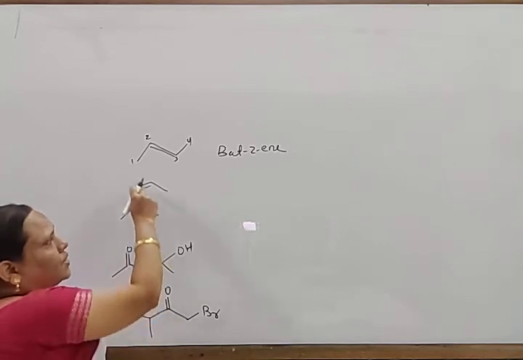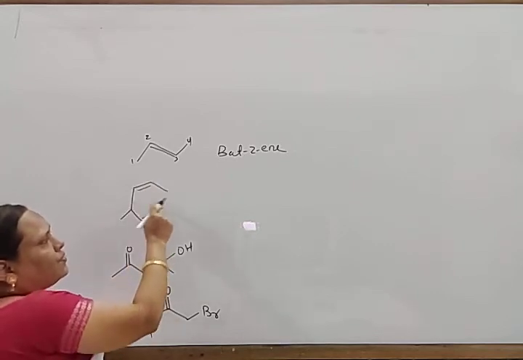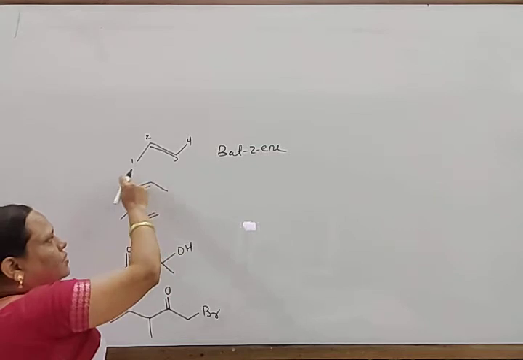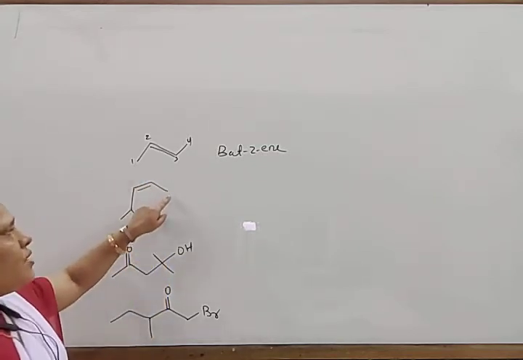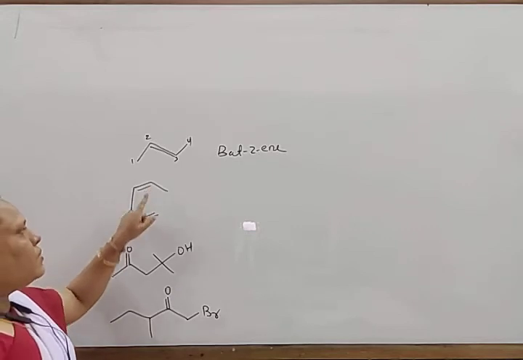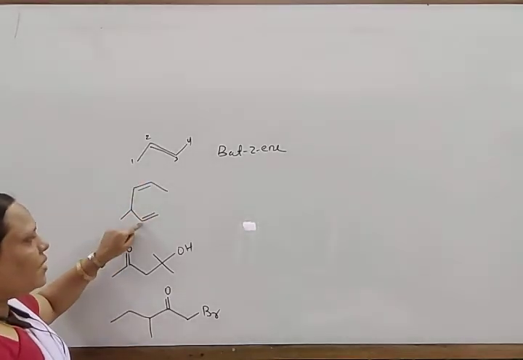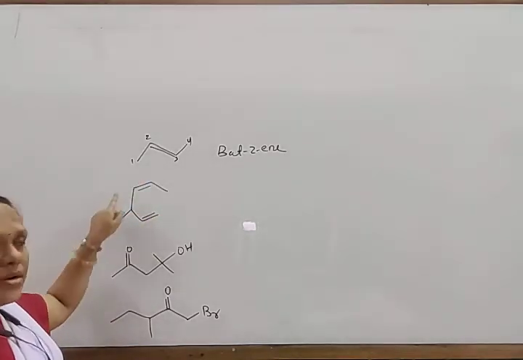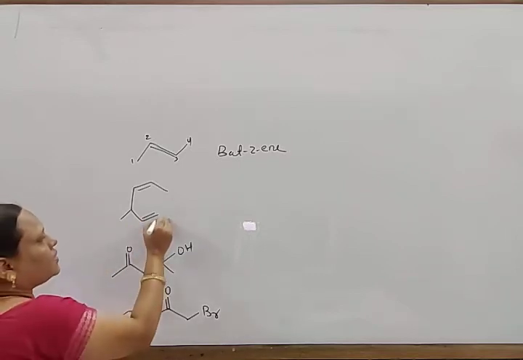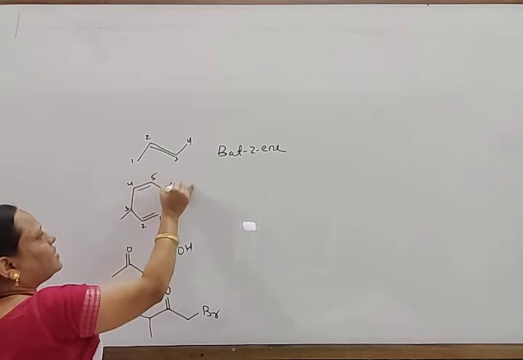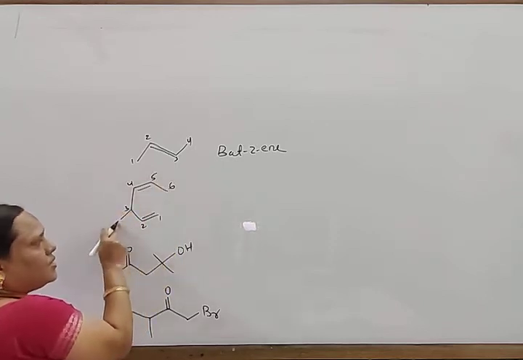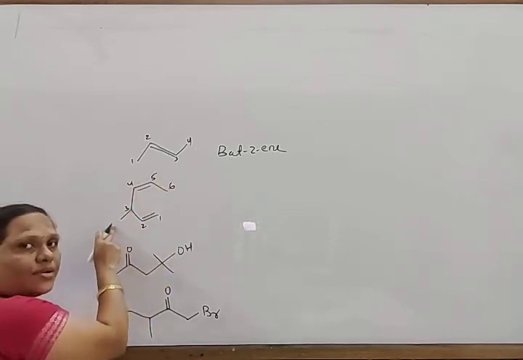Similarly, next come to here. Here there are 2 double bonds. If you count the long chain, it is 1, 2, 3, 4, 5, 6, and from this side also 6. But counting from here, the double bonds are at the 2 position and the 5 position. So count from this side to get the lowest positions, 1, 2, 3, 4, 5, 6. And this is the substituent: 1 carbon with 3 hydrogen atoms, so this is a methyl group.